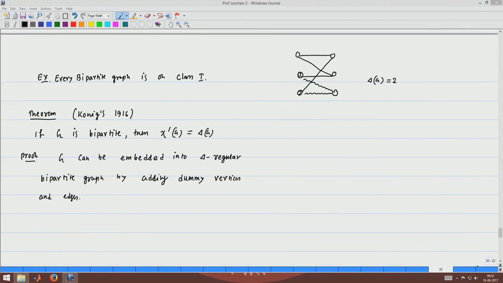Now, you can see that this graph has become 2-regular, that is, delta-regular bipartite. Right. So, you can always embed a bipartite graph into a delta-regular bipartite graph by adding dummy vertices and dummy edges.